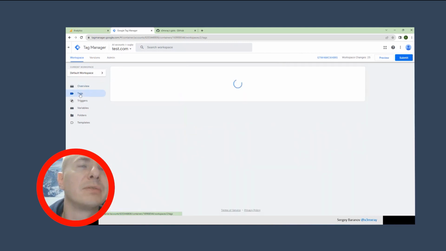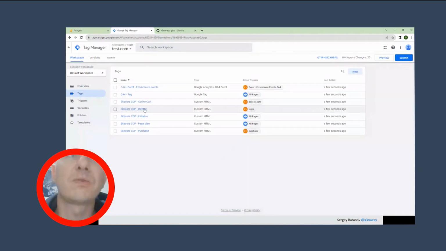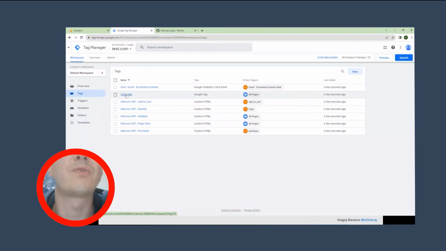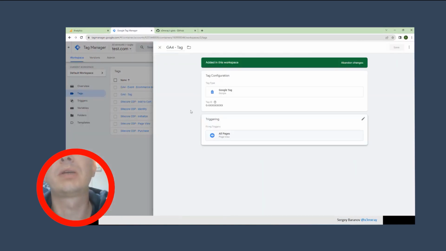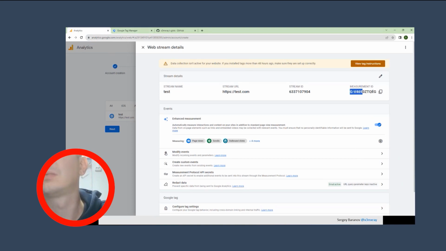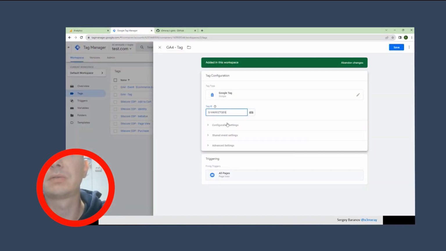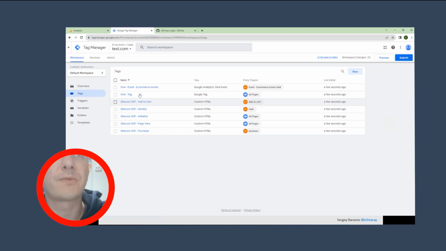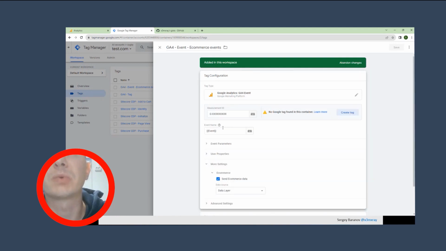And let's see what we have. So first of all, we need to configure our Google Analytics 4 tag. When you click on this, you will see that the tag looks like XXX. So we need to copy the tags that we have in our Google Analytics for website and just copy paste it here. Save. The same for Google Analytics for events, the Measurement ID. As you can see,